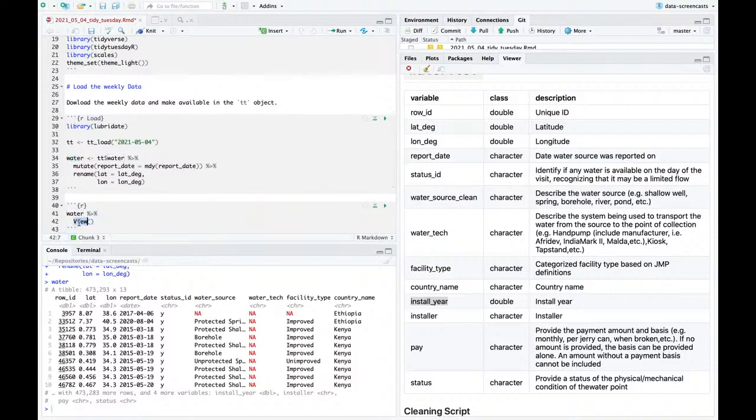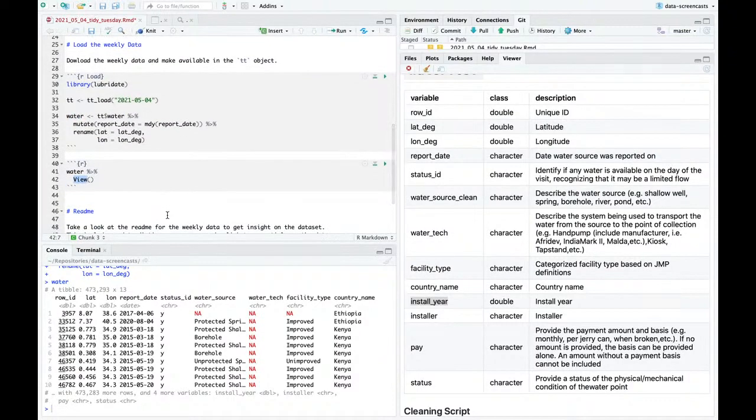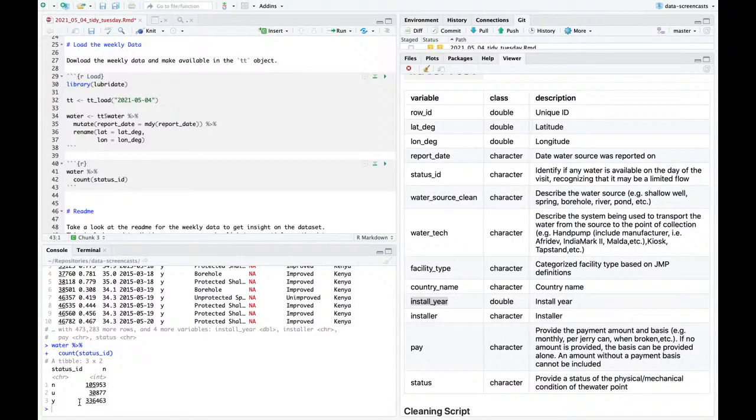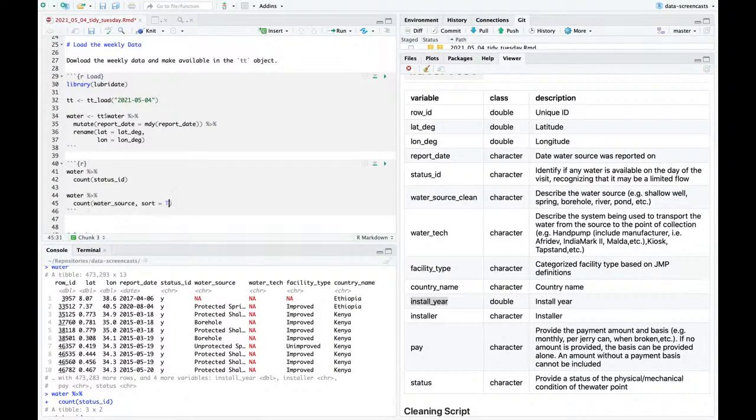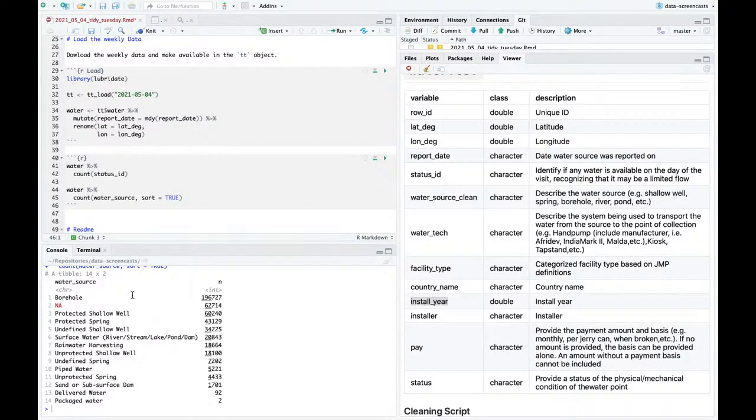Let's take a look at some of the categorical variables. I'm going to want to look at, for instance, status ID, mostly yes, some no, some unknown maybe. Okay, U for unknown. All right. I'm also going to be interested in water source. Large set: borehole, protected shallow well, protected spring, undefined shallow well, surface water like a river, stream, lake, pond, or dam. Cool. So the most common by far is a borehole,